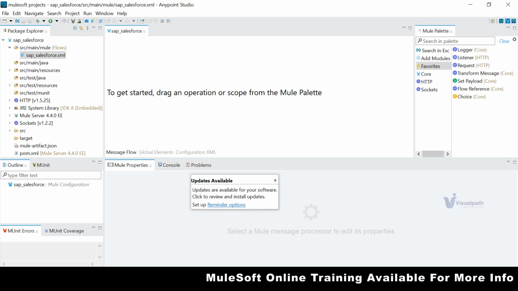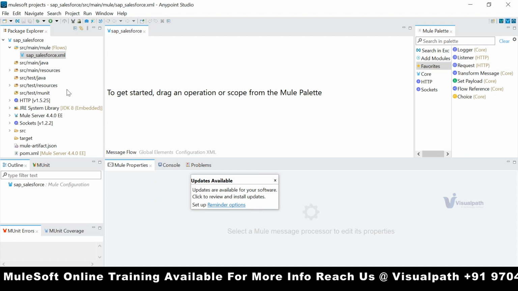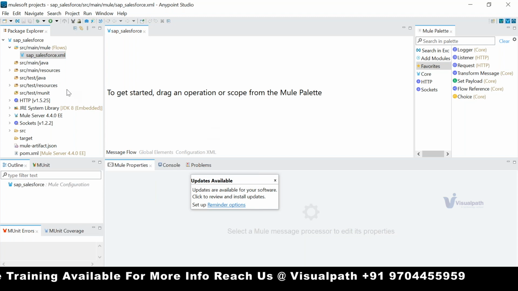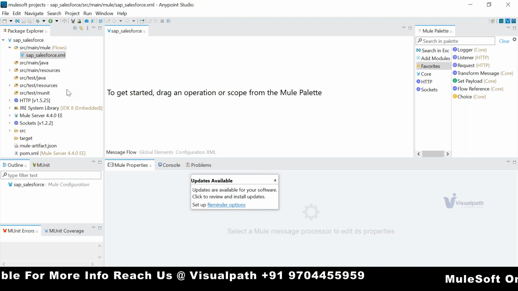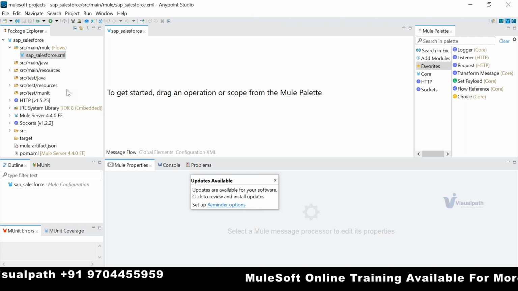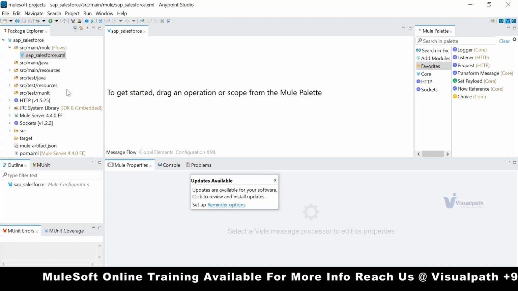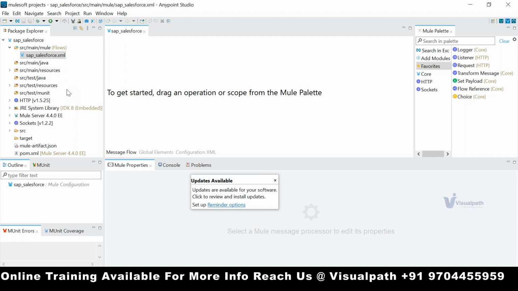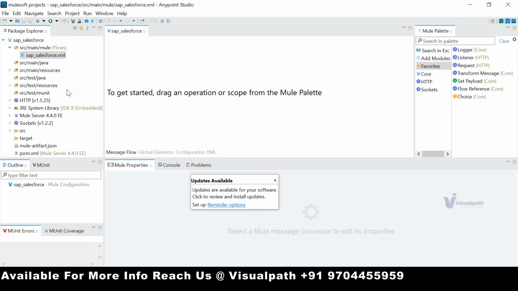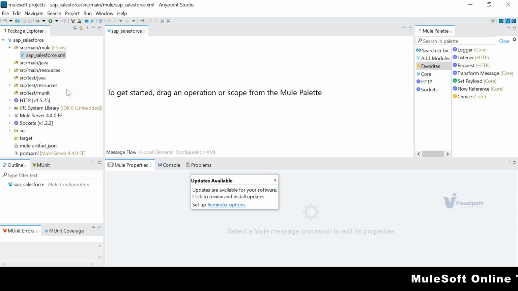Either you will ask him to push his code into GitHub, or if that is not possible, because uploading the code to GitHub may fail or cause some problems, you can ask him to share the code via a shared drive like FTP or SFTP, or a shared folder. If somebody has shared the project like that, what will you do? Click on the file,